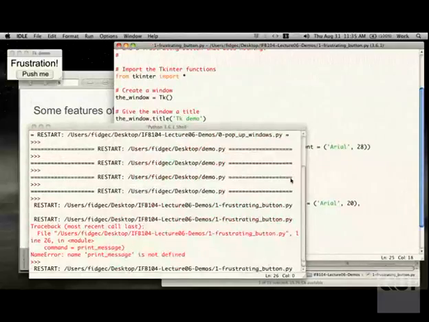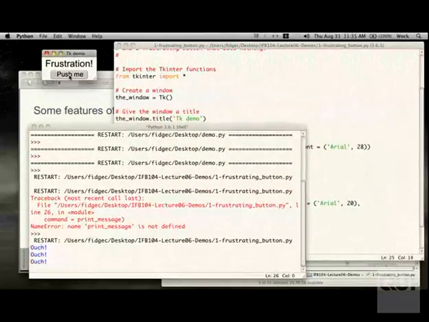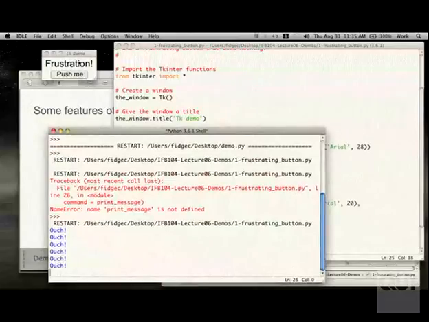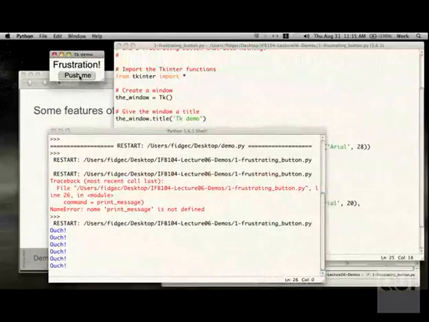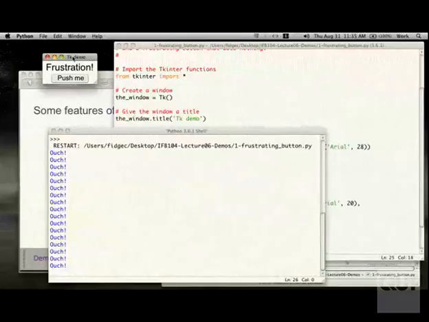Function F5. So here's my previously frustrating button. It's no longer as frustrating as it was because if I push the button, I get the message ouch appearing in the shell window. Not a very useful thing to do, but it is a demonstration that I can interact with this window to do something, creating lots of ouches. There are other things I could get this to do. For instance, I can get it to interact with one of the other widgets in the window, which in this case, we've only got